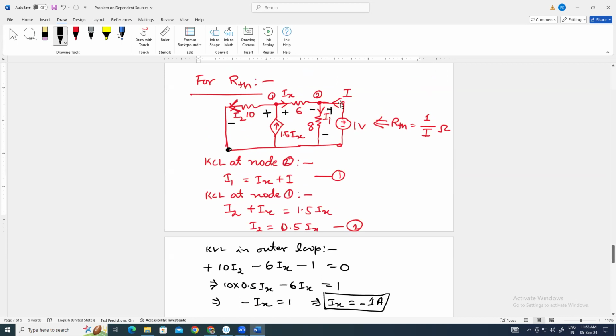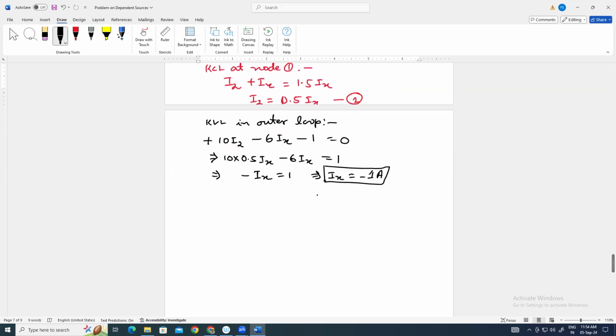अब हमको find out करना है ultimately I1। ओके, सो I1 is equal to something आएगा, यहाँ पे हम देख रहे हैं equation number 1 में Ix, if Ix is -1, सो I1 is equal to -1 plus I। सो एक और इस loop में हम apply कर सकते हैं KVL, यहाँ वाले loop में। ये वाला loop अगर हम follow करते हैं, outer loop के अलावा, इसको हम बोलेंगे loop 1। KVL in loop 1,